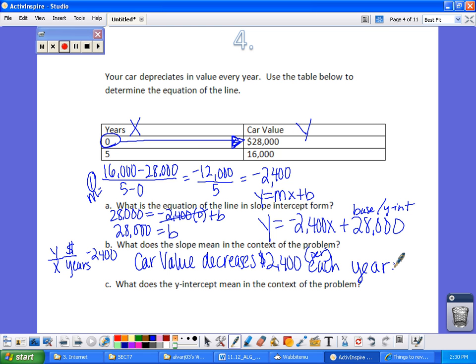And the last one, what does the y-intercept mean in the context of the problem? Remember that this is a starting value or initial cost or something meaning at the beginning. So my y-intercept is $28,000 is the starting